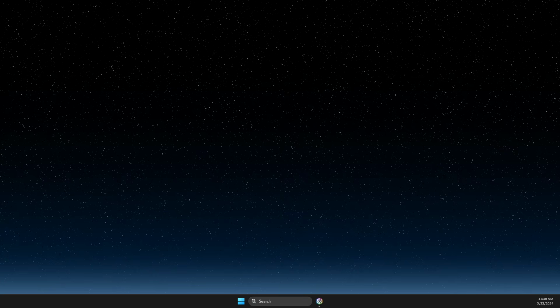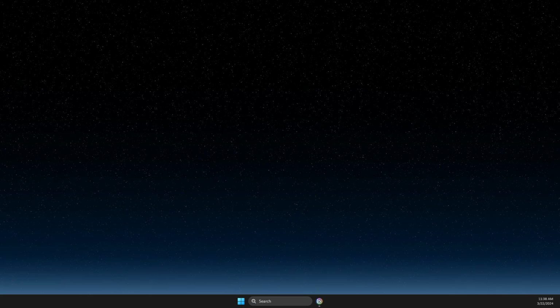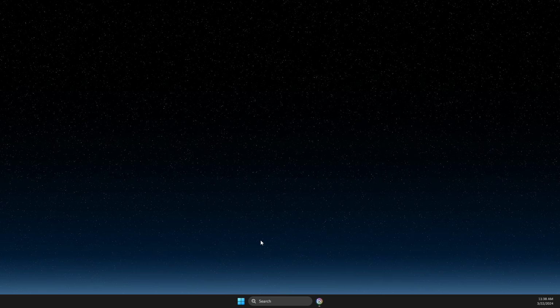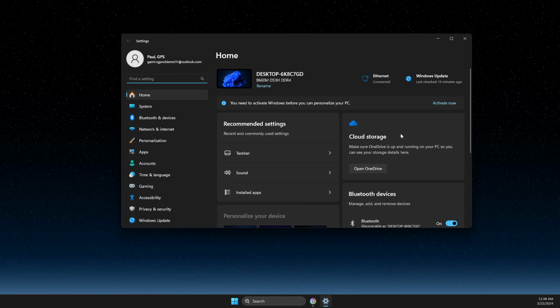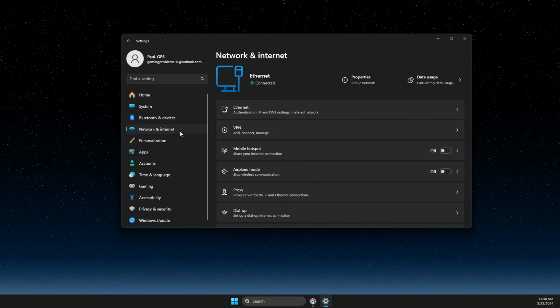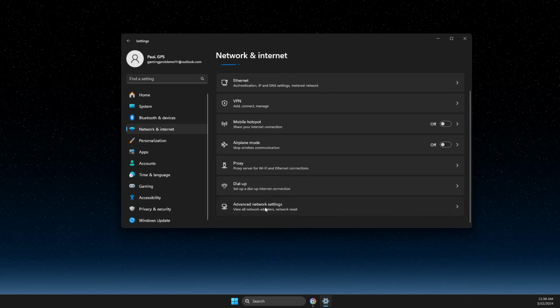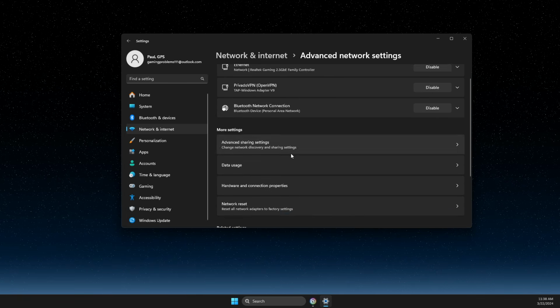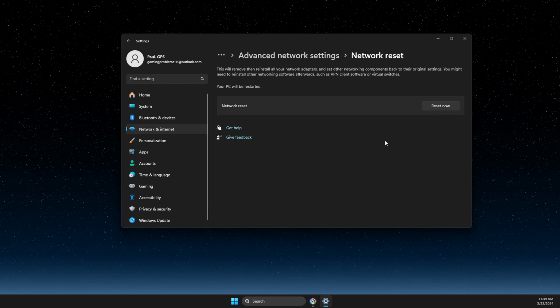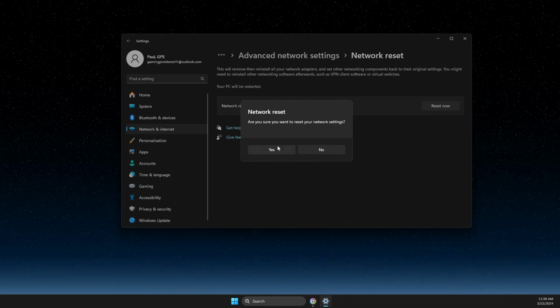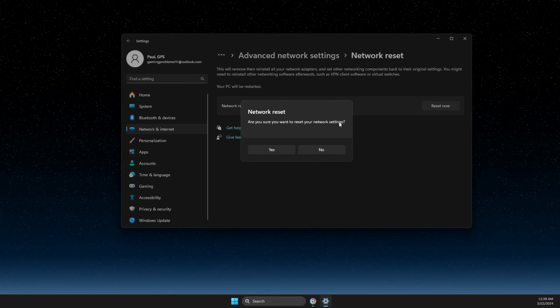And another thing that you can do here, if these options do not work for you, you need to go to settings and reset your internet connection. And to do so, you just need to go to settings, network and internet, then go to advanced network settings, and then on the bottom should be network reset. Press on that, hit reset, and then you need to restart your computer, and your internet will be